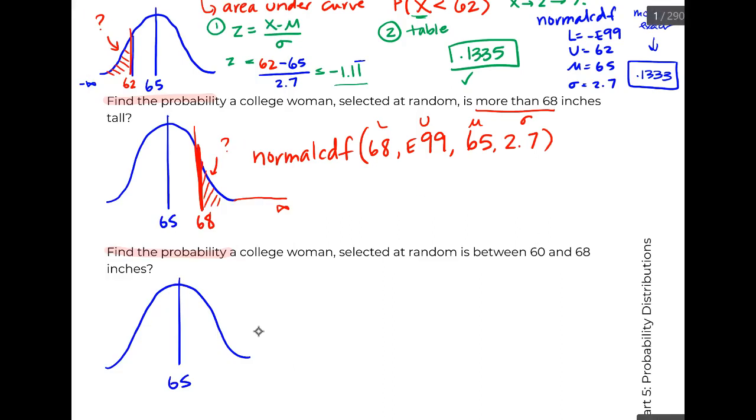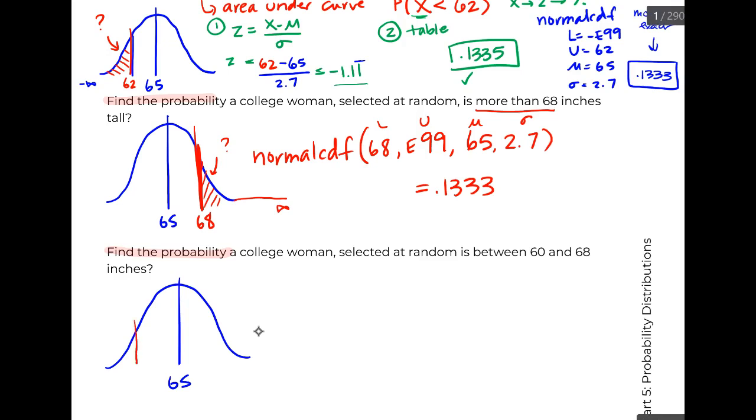I'm not even going to do this. I know the answer. It's 0.1333 again. And that makes sense because before we were exactly 3 below, and now we're exactly 3 above, and this thing is symmetric. So the last one, find the probability a college woman selected at random is between 60 and 68